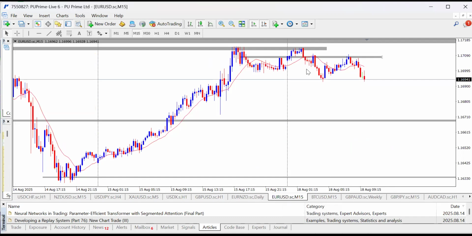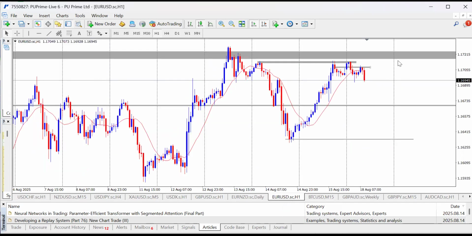EURUSD is still doing the Lord's work, right? EURUSD is still doing the Lord's work. So hopefully we get our TP1 before market retraces. But on a long-term sell, I'm bearish on EURUSD. I'm bearish on GBPJPY, right? Because if you look at this level also, this is a QML under another QML here. So that's just it. I'm bearish on EURUSD, and I'd love to see it sell down to 1.16735.